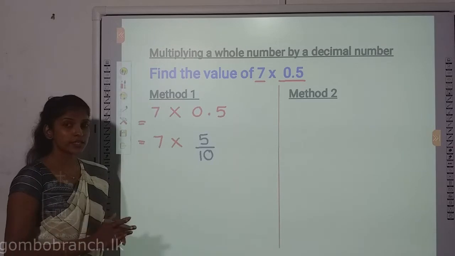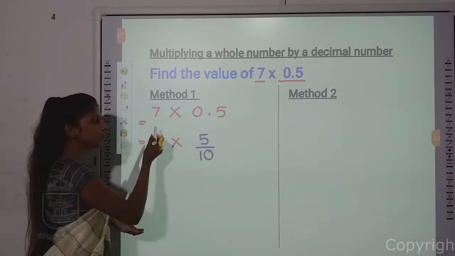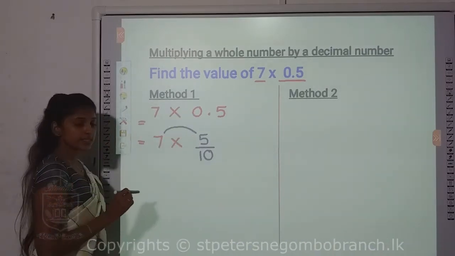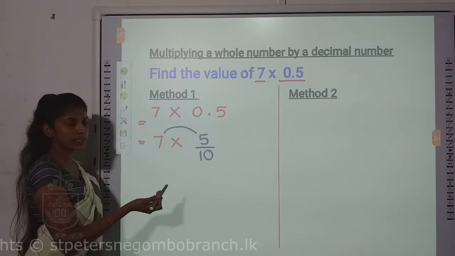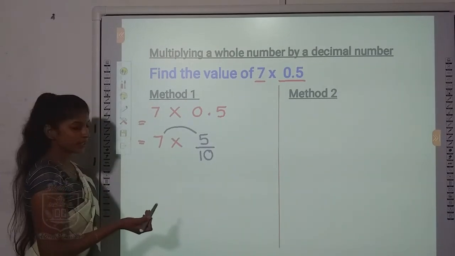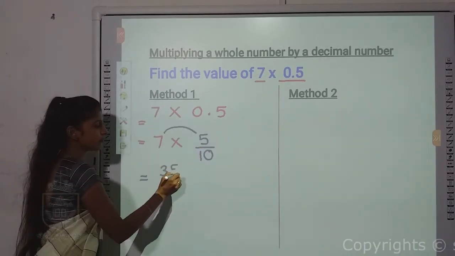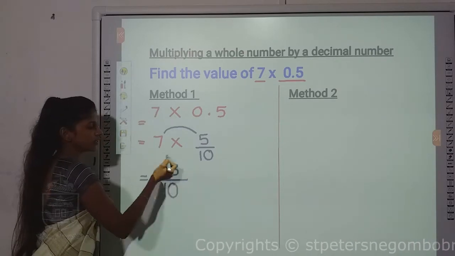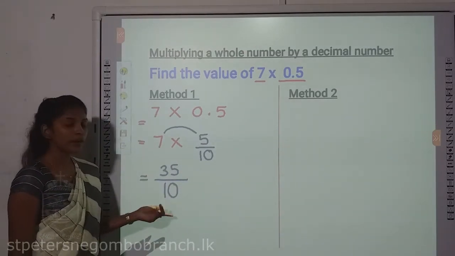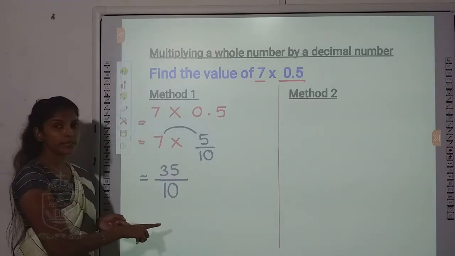Now it is easy. Now what is this? Fractions. We did the fractions lesson. In that we learned how to multiply a fraction with a whole number. So you know that you have to multiply the numerators, but here you can see no denominator is there. Assume that there is 1, and 1 times 10, you can take the answer. So let's multiply 7 times 5, 35, and 35 over 10. 10 times 1, 10. Now you can see this is the power of 10.